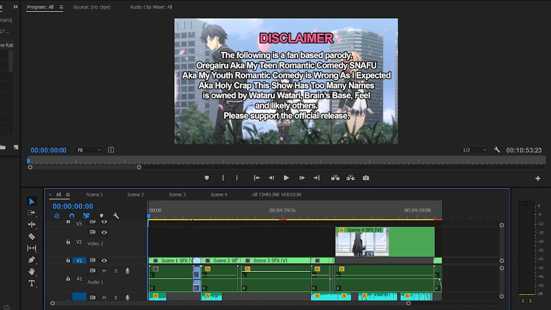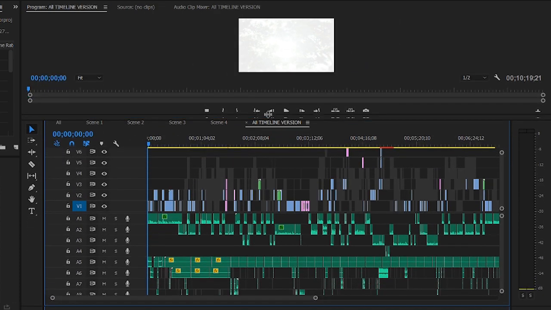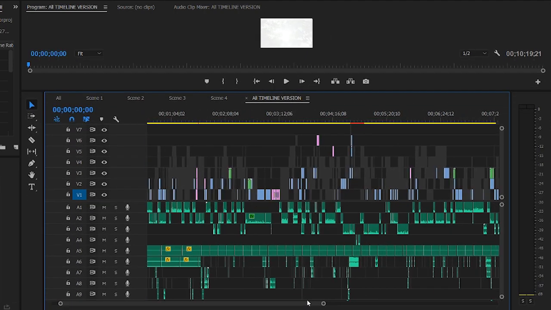The episode had 4 scenes, which isn't very many for a 10-minute episode, but those were some packed 4 scenes. So what you see right now is what the end product looks like before I export it, but let me show you what these 4 scenes look like unpacked on one timeline. Yeah, this big monstrosity here is what all of the editing for the episode looks like.